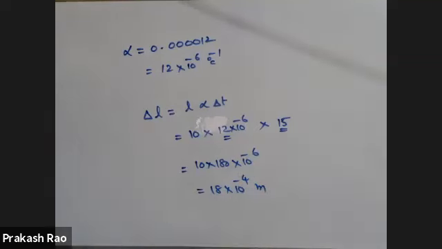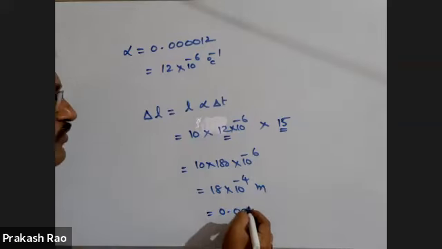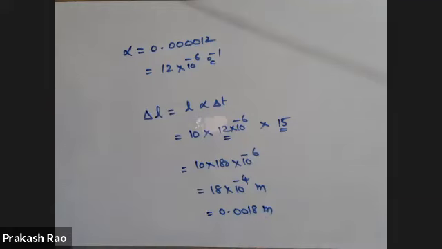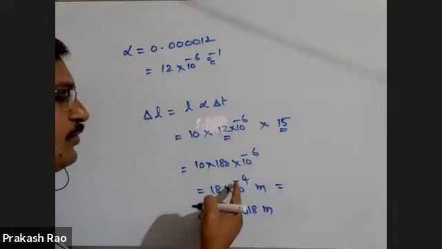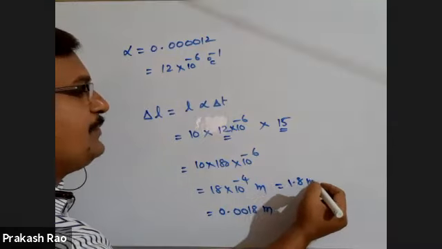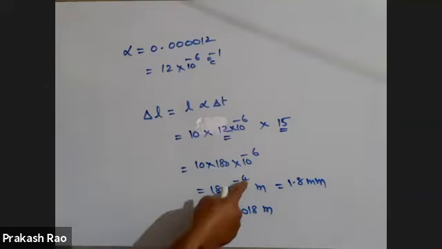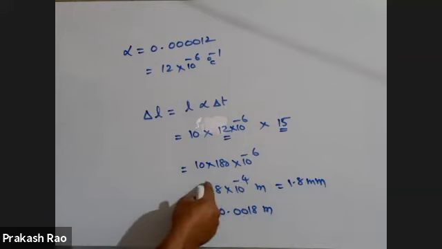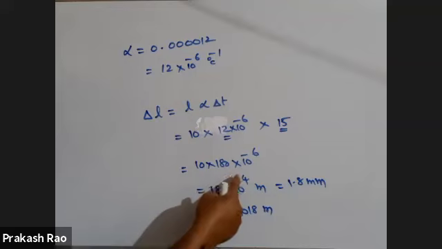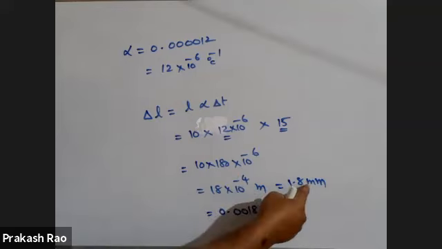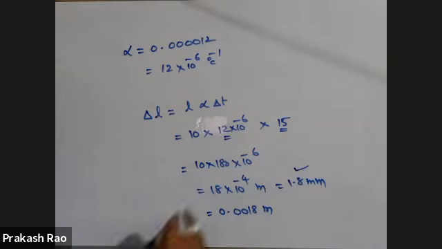meters. If you want to express it in millimeters, you can do it like this. Among the given options, 0.0018 meter, you can write it like that too. You can also write it as, if you keep one digit here, 1.8 millimeter also you can write. This is also a correct answer. Milli means 10 power minus 3. Here it has to be minus 3, so take out one minus 1. 18 into 10 power minus 1, 1.8. 10 power minus 3 I can write as milli. This is also a correct answer. But among the given options, this is the proper answer.